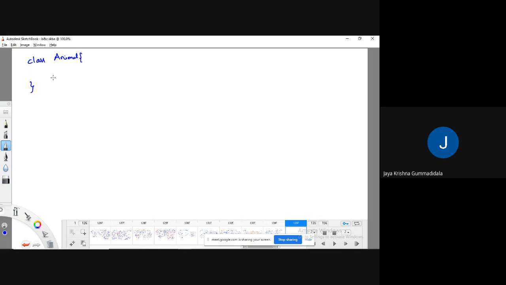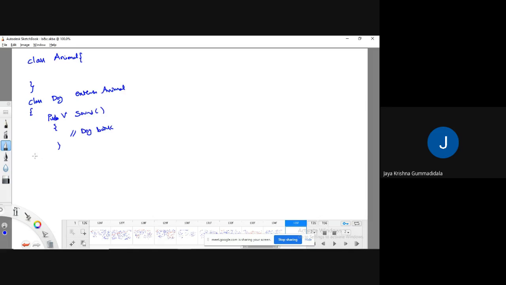Assume that it doesn't have anything, and I am going to define one Dog class which is extending the features of Animal. Here, I know that dog can make some sound. So for that, I have defined a method, public void sound, and I will write Dog barks.